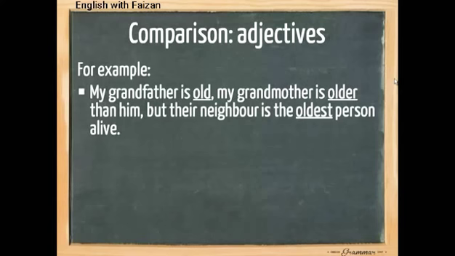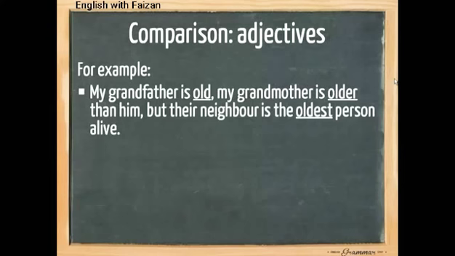Then when we compare my grandfather to my grandmother, we must conclude that my grandmother is older, so here we use a comparative. But when we compare their neighbor to my grandmother and grandfather, or more, when we compare the neighbor of my grandmother and grandfather to the rest of the world, we must conclude that he is the oldest,